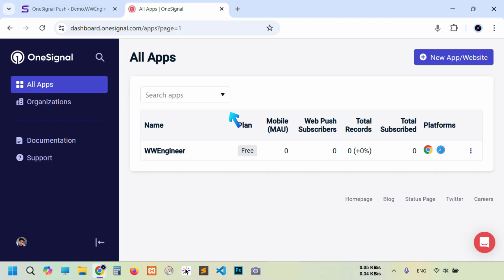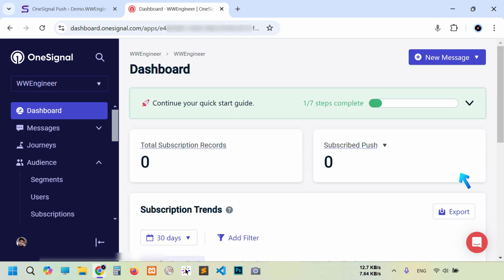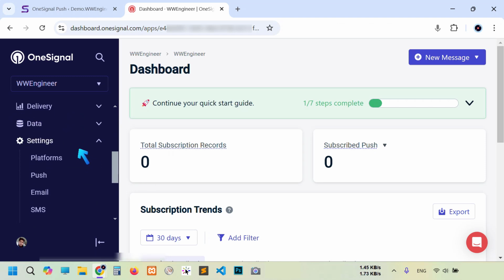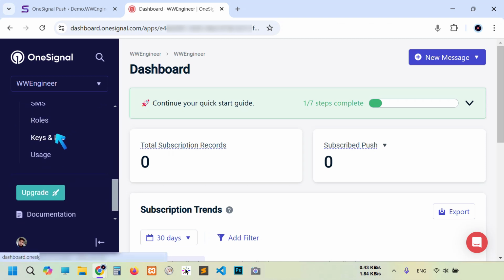Now I'm on the OneSignal dashboard. You see this is the OneSignal dashboard homepage. After that, our app that we created just right before, so click this three dot menu and then open dashboard. Then come here on the left side, scroll down to settings. Under this setting you see we have keys and IDs, just click here.